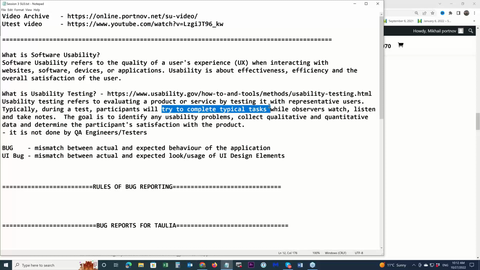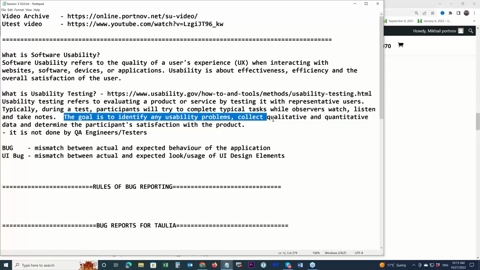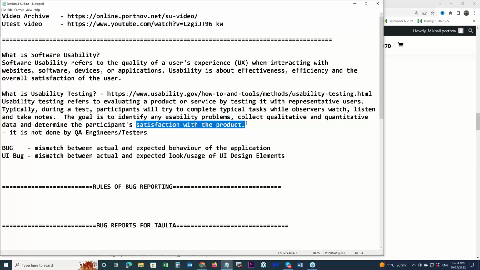Let's say we test email, and you ask them, okay, let's create an account, and you watch them. You tell them, let's send an email, and you watch them. While observers watch, listen, and take notes, the goal is to identify any usability problem, collect qualitative and quantitative data, and determine the participant's satisfaction with the product.